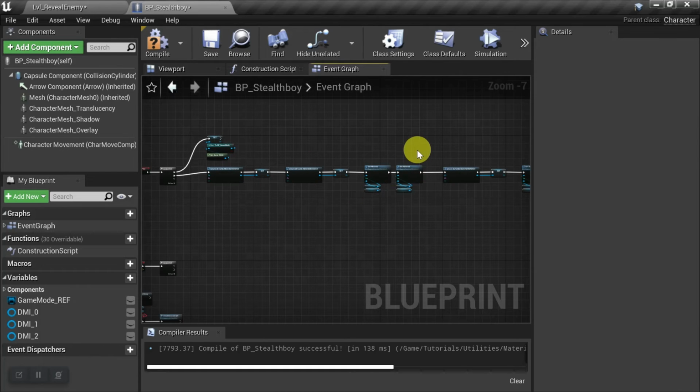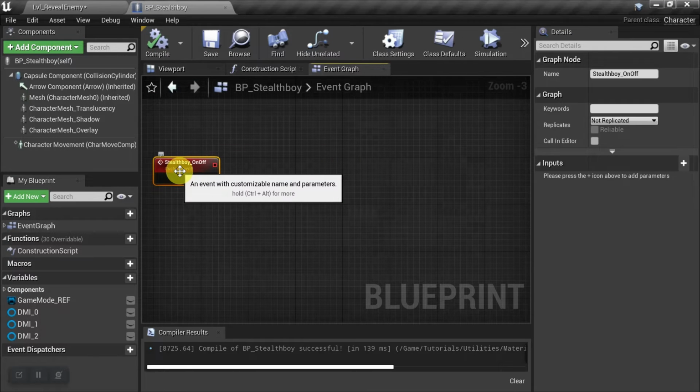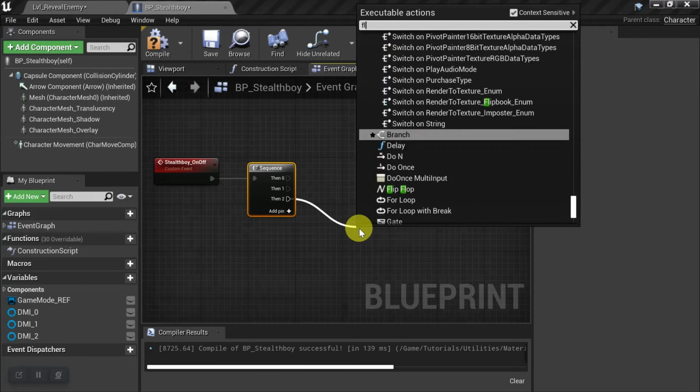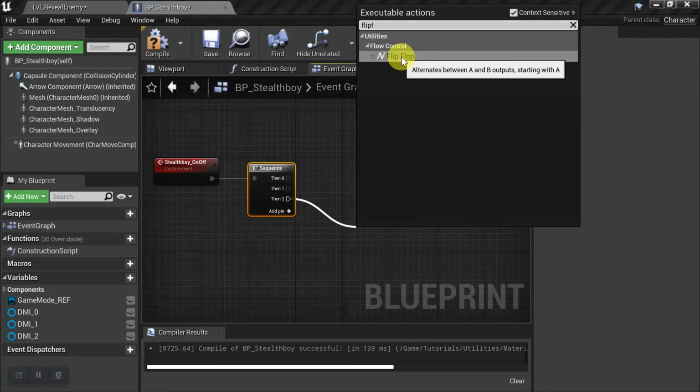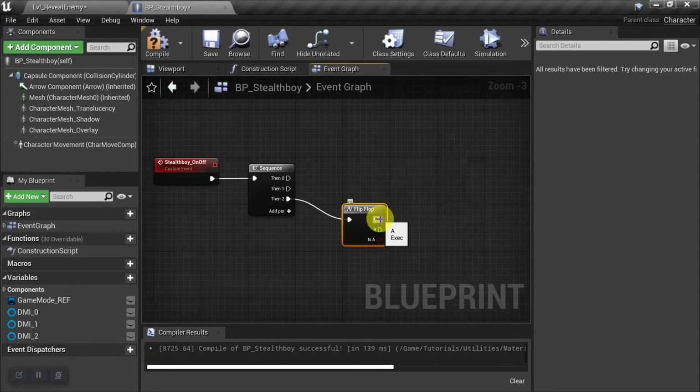Okay, now that we have our dynamic material instances, we can access those parameters during gameplay. So let's go ahead and create the function to do that. Let's start with a custom event, and I'll just name mine Stealthboy On Off, and we'll start with a sequence node, and we'll give it 3 pins, and we'll start with the last one, and we'll do a flip-flop, and this will be when the player is pressing the on or off button,